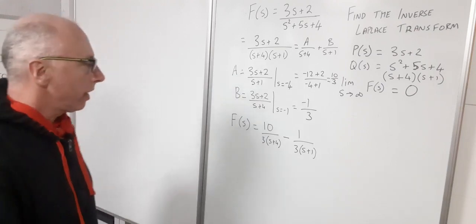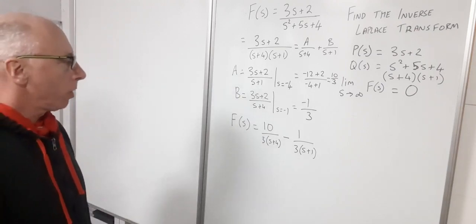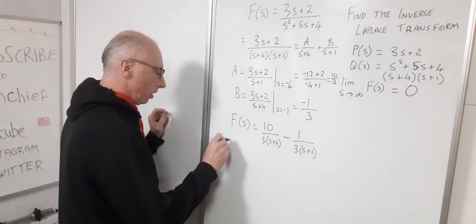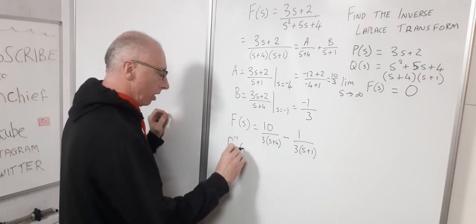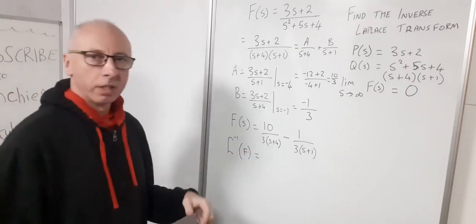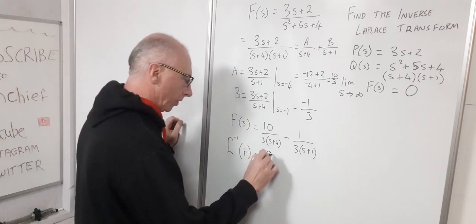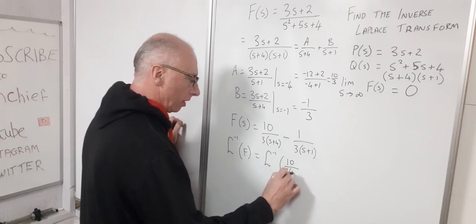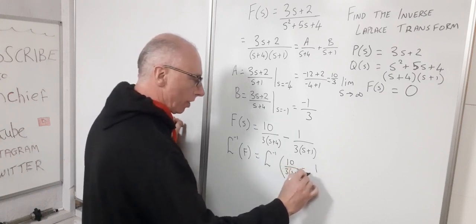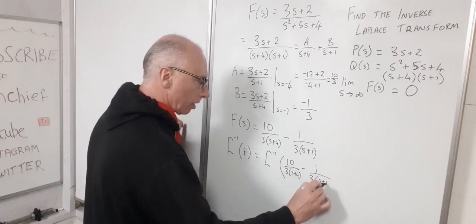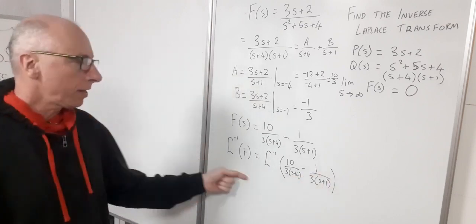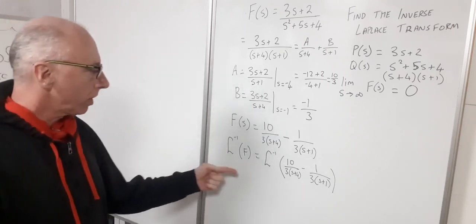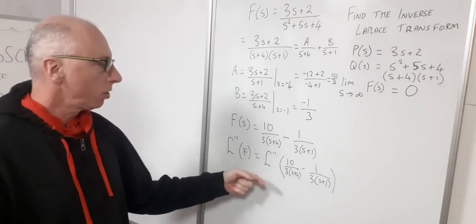Okay, so that's our f of s. Now, what we want to find out is the inverse Laplace of this. So this is what we're looking for. The inverse Laplace of f will equal the inverse Laplace of this here. So it's 10 over 3 times s plus 4 minus 1 over 3 times s plus 1. So that's our goal. Now, with the linearity of Laplace inverse transforms, we can break this apart into 2 separate